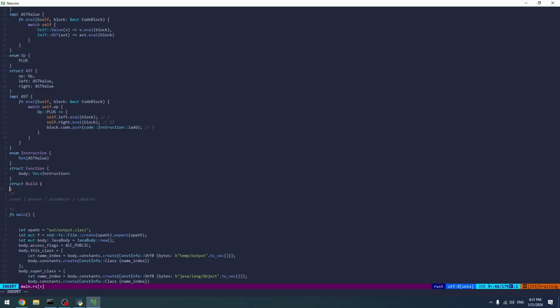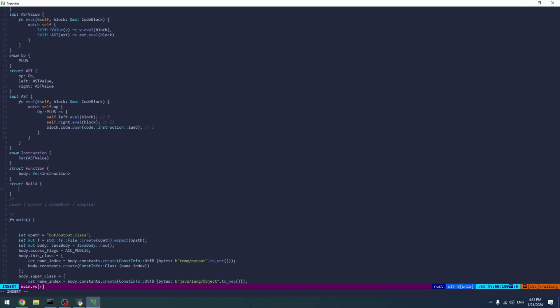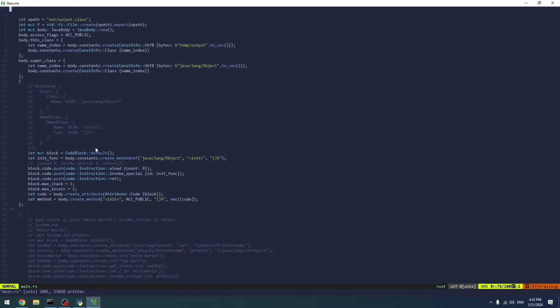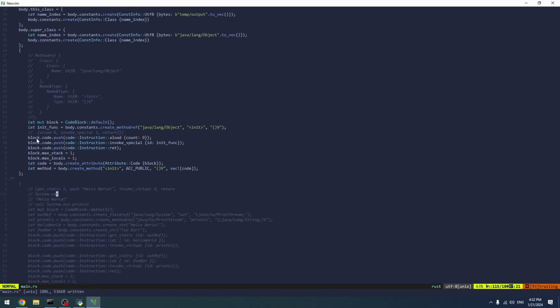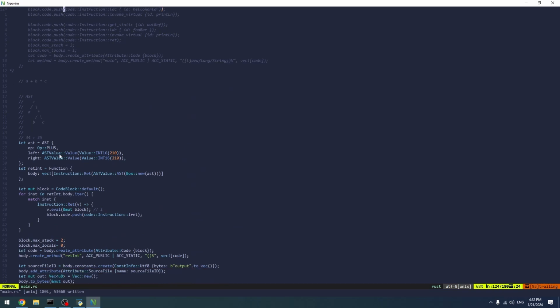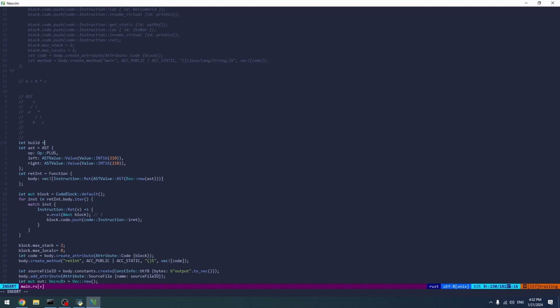Build, and that's going to be functions, vector functions. So now instead of doing this, we should define a build. All right, define a build. Build equal to build